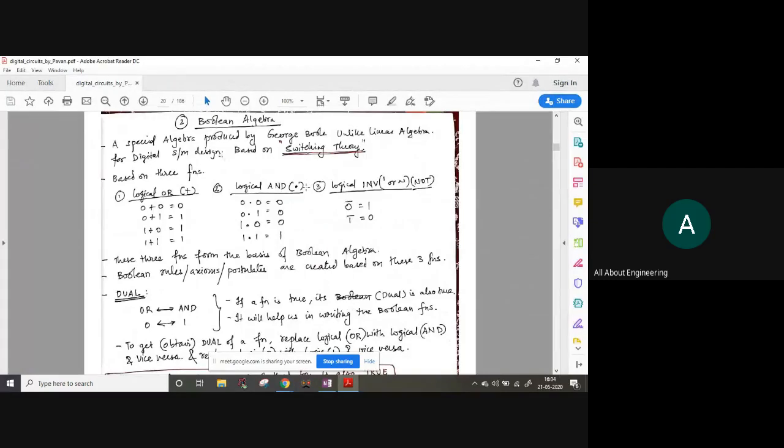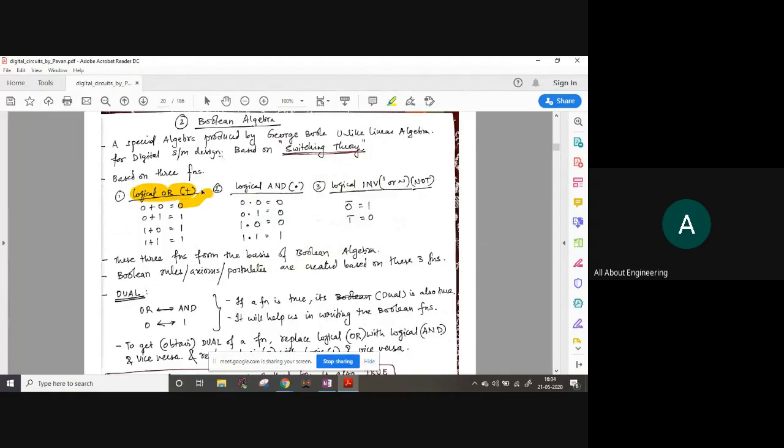Now in Boolean algebra, the main thing you have to learn about is logic gates. In these logic gates, the most important are the OR gate, AND gate, and inverter. These three are basic because with these three you can design any type of gate. From AND and inverter, you can design the NAND gate, which is also called a basic gate. Similarly, from OR and inverter you can design the NOR gate, which is also a basic gate. So these three are solely enough to design any sort of circuit.